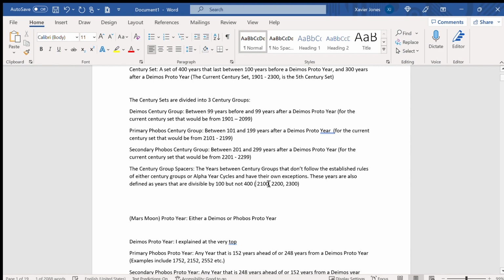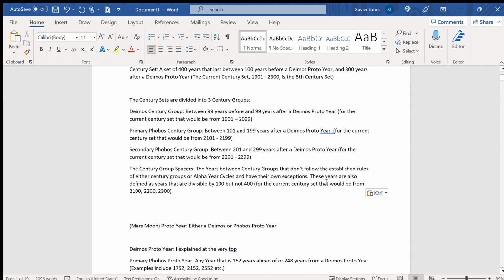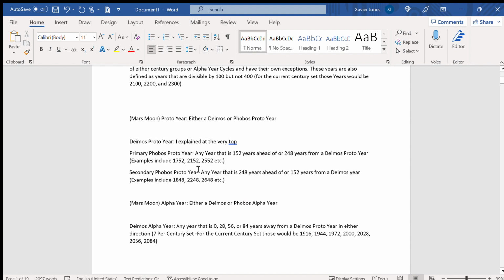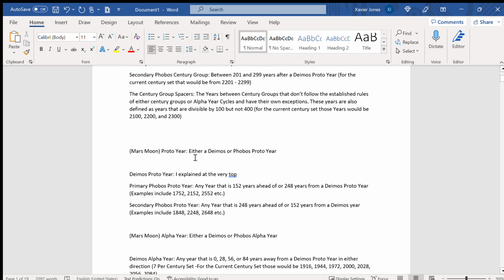And for the current century set, those would be 2100, 2200, and 2300. Okay, so now that we've established what century group spacers are,